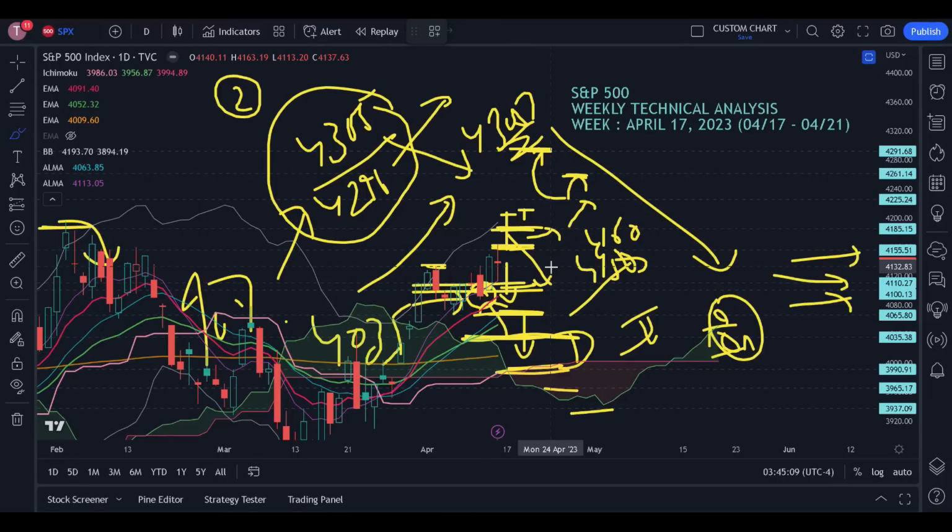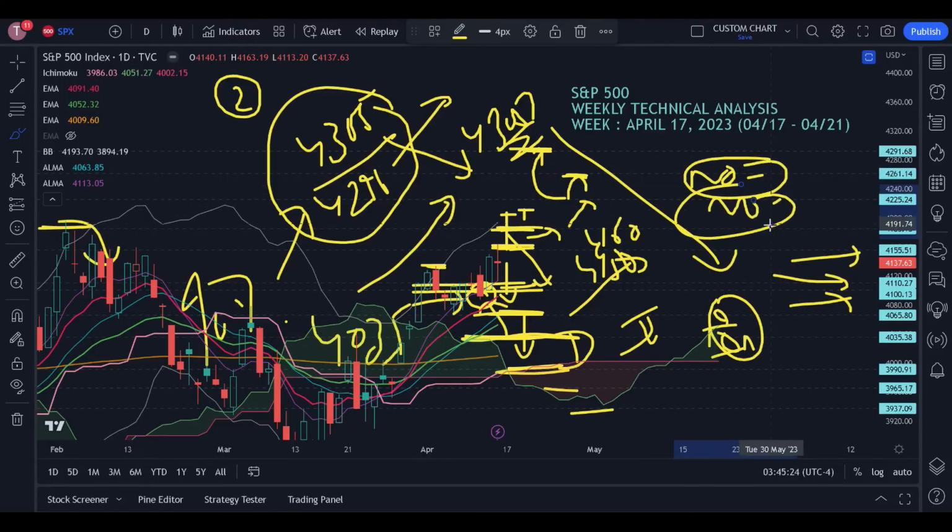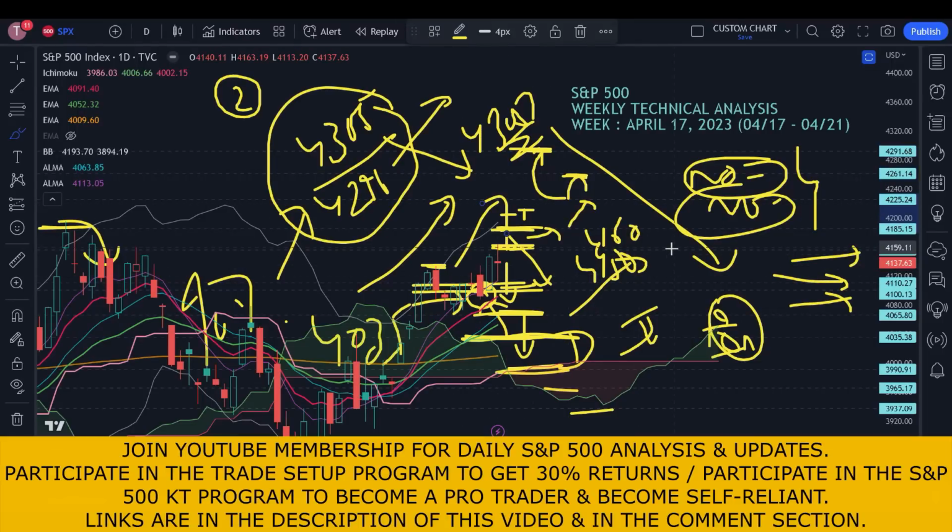But a very heavy fall, 4%, 5%, 6%, is not expected. In the next week, as of now, there are no earnings from the giants scheduled. Other than that, no financial data is there. As such, there is nothing that can actually impact the bullish movement of the S&P 500,